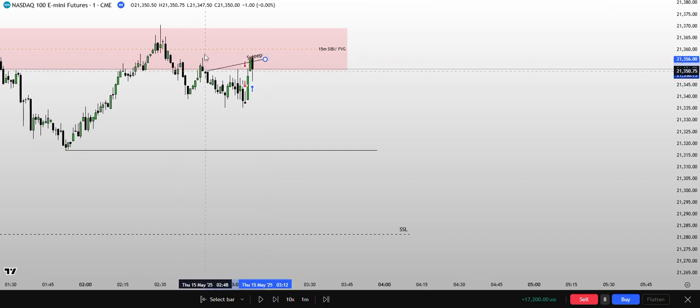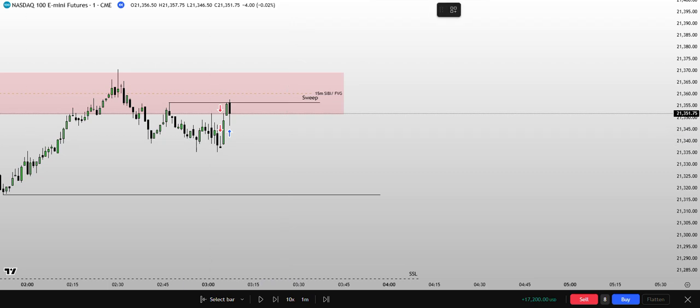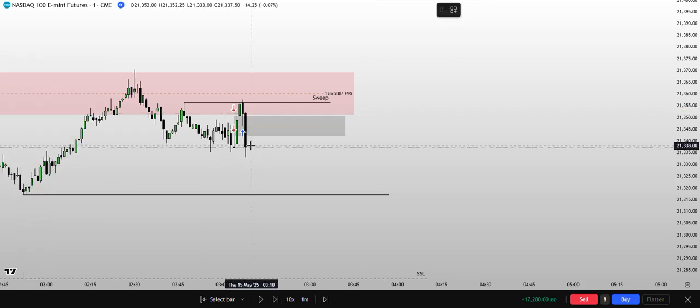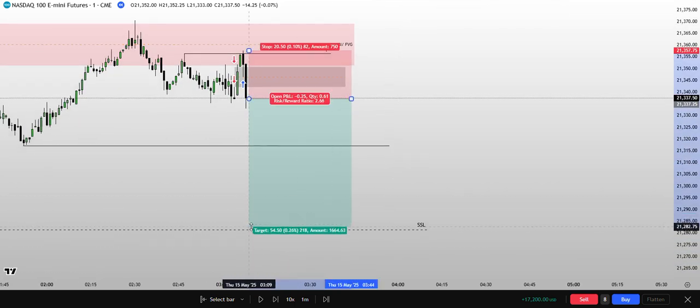Got another internal sweep here. See if we inverse this gap right here. And if we inverse that gap, I'll look to see a potential entry once more. All right. Like I said, so now we got that internal sweep again. So a second setup showed